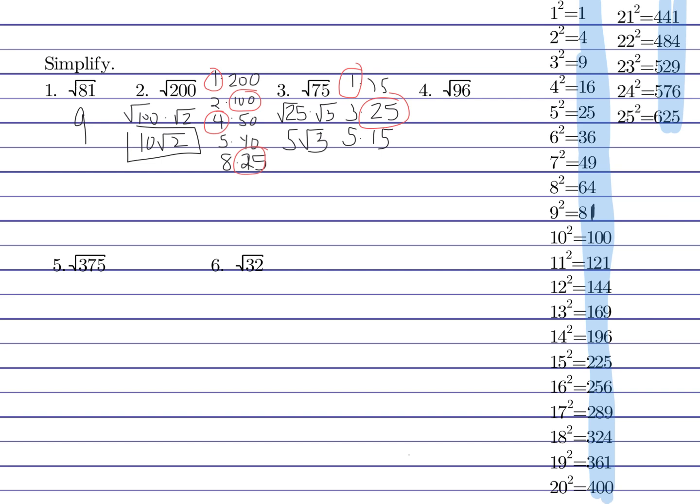Okay, going on to number 4. I am going to simplify the square root of 96. If you will notice, it is not in this list. 96 is between these two numbers. So I need to find the factors of 96. I know 1 times 96,